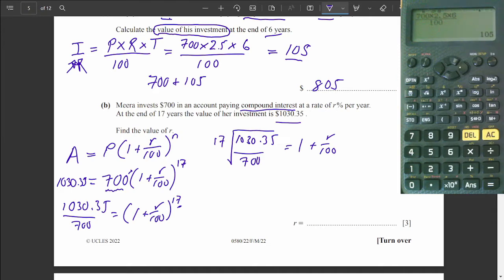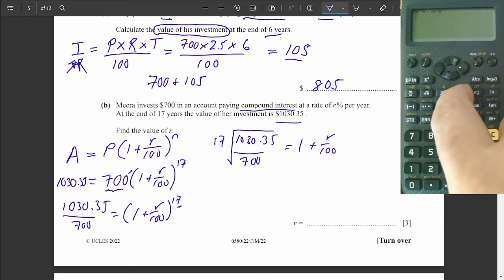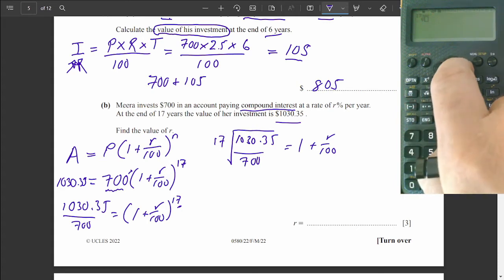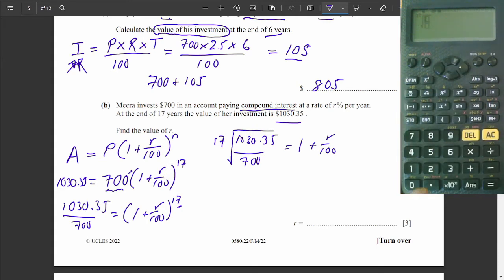Okay, I think it's a good point here to work this out. So to put in that root 17, we press shift and that button there. That means we can put in any root now. I can put in 17, use my arrows to put in the fraction 1030.35 over 700 equals. Okay, and we recognize this as the multiplier